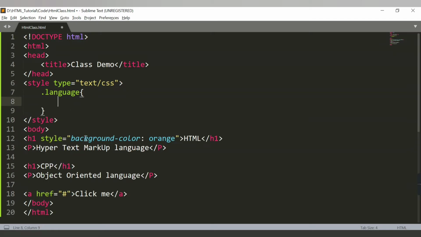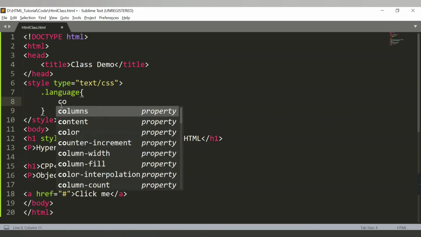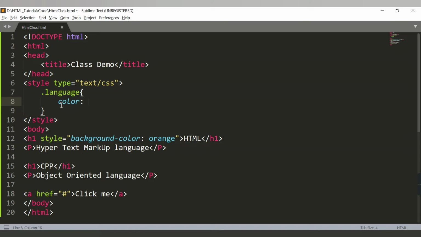Like if you see for a particular tag, I have provided a style attribute and its value. So inside the class you can provide the similar content. Let's say for this class name I want to say color is one of the attributes. So color, let's say I want color as white, and if you want one or more than one attribute, you need to separate them by the semicolon.